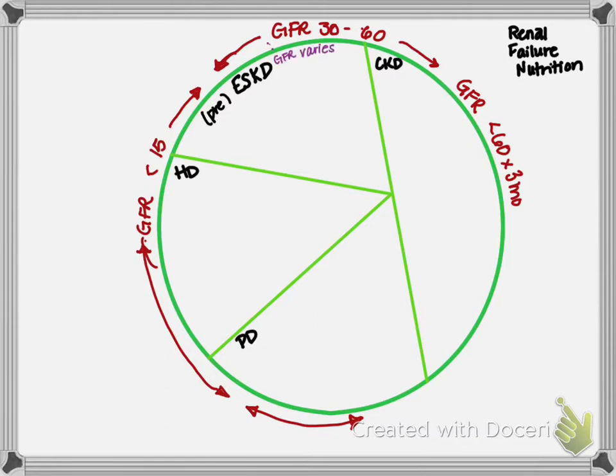And then I also wrote on this ESKD that the GFR varies. So it could be 40, it could be 50, it could be 30 during this end-stage kidney disease. It could be 15. So this varies. Now, I wrote glucose checks, and I wrote it on everything because